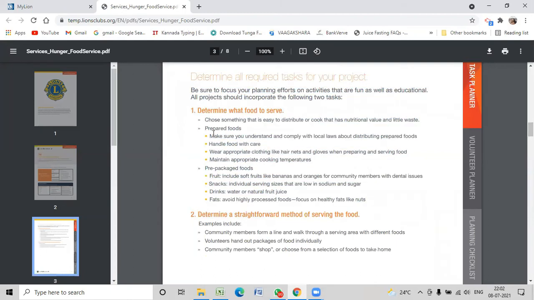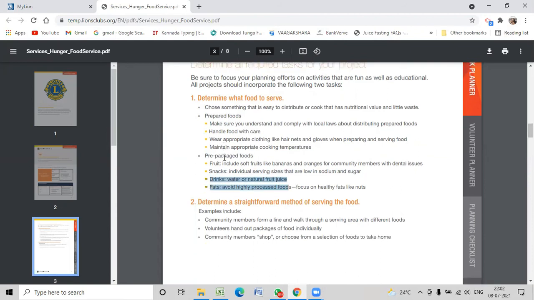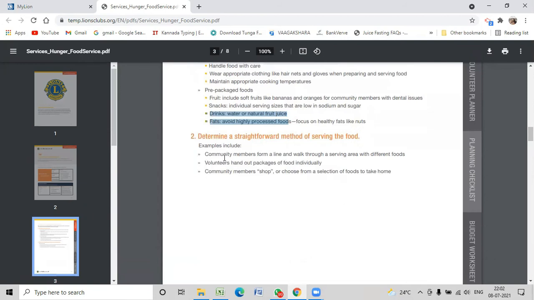It gives us pointers on how the food must be handled, with care, especially with COVID around. Precautionary measures need to be taken. It needs to be hot, natural, healthy, avoiding fat and highly processed foods.